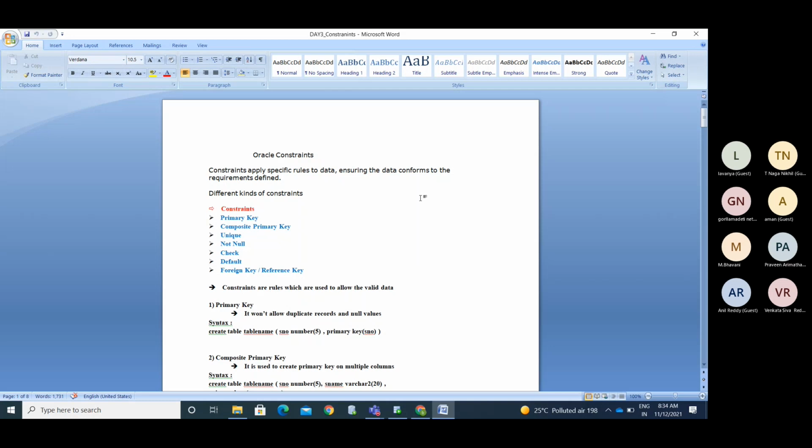If you are starting any bank business or retail business, you can put rules on your business. Suppose you are starting a retail shop, you can say I don't want to provide anyone credit. Okay, you can put it like that.